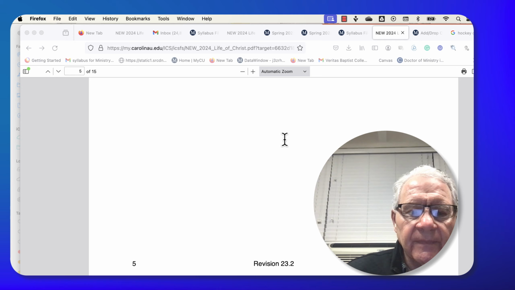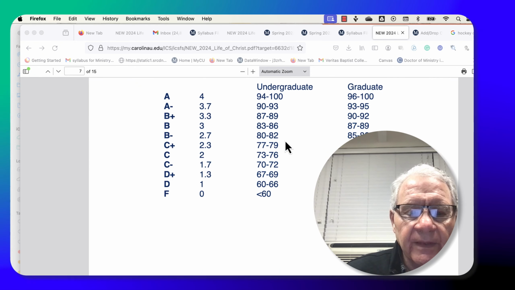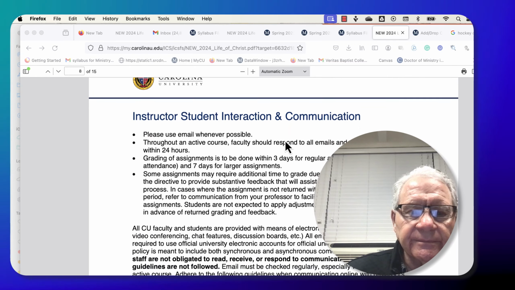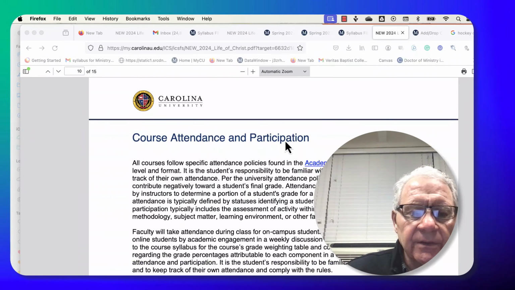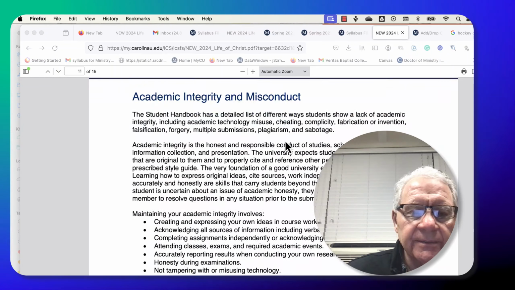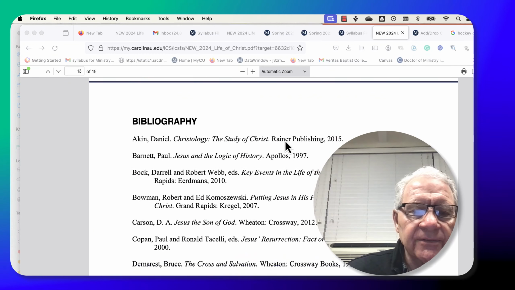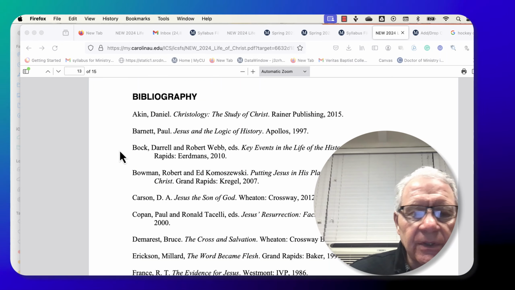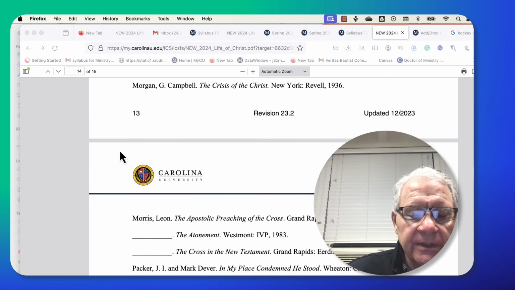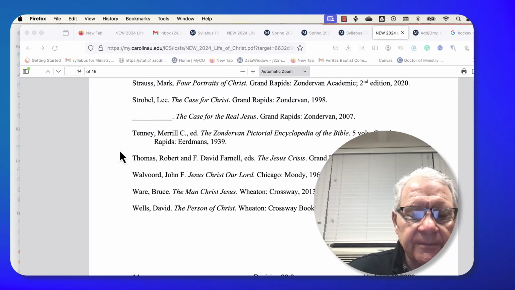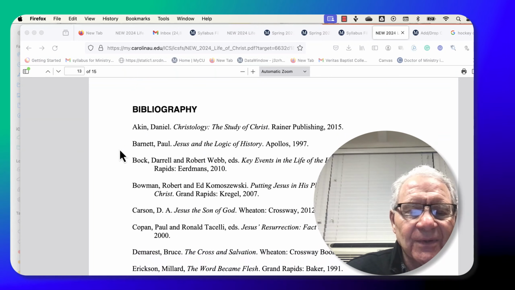So at the very bottom of the syllabus, and all this other material needs to be read. Attendance policies, plagiarism. So just a lot of different important subjects there. But at the very end, I have a bibliography that you can consult if you need additional reading to meet that 600-page reading requirement. So let me know if you have any questions, and look forward to our time together